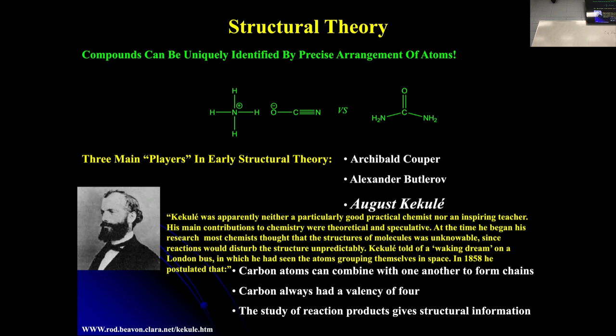We can make proteins. We can make carbohydrates. We can make plastics. You know, plastics sometimes will take 1 million carbon atoms and put them together. Okay, so we can do all kinds of things. So he said that, and it turns out to be right. He also said that carbon will always have a valency of 4. What does that mean? It does have to do with valence electrons, but what would he have meant at this time, a valency of 4?